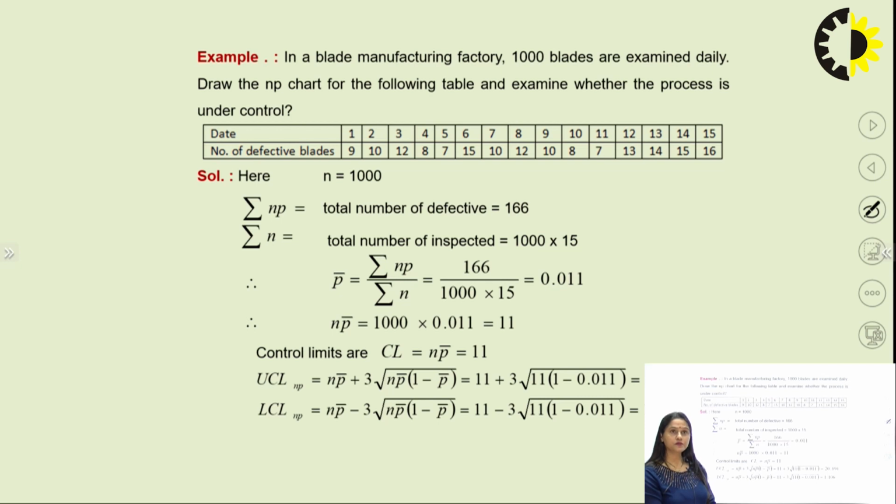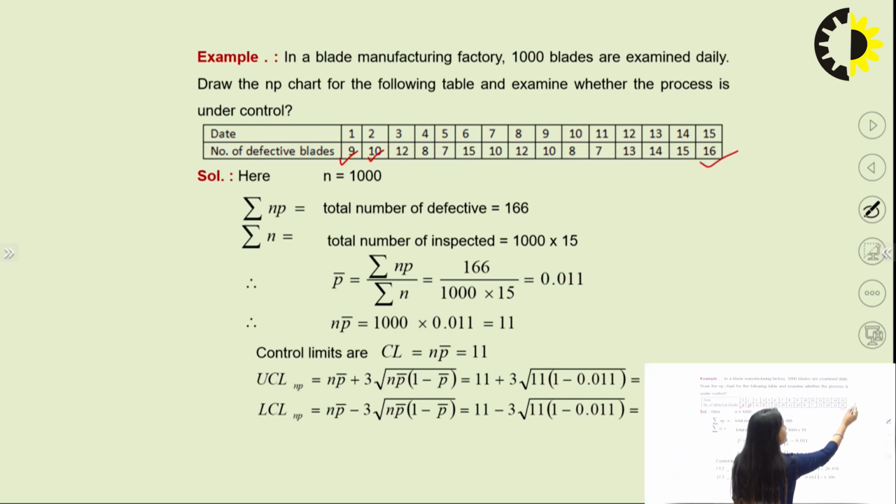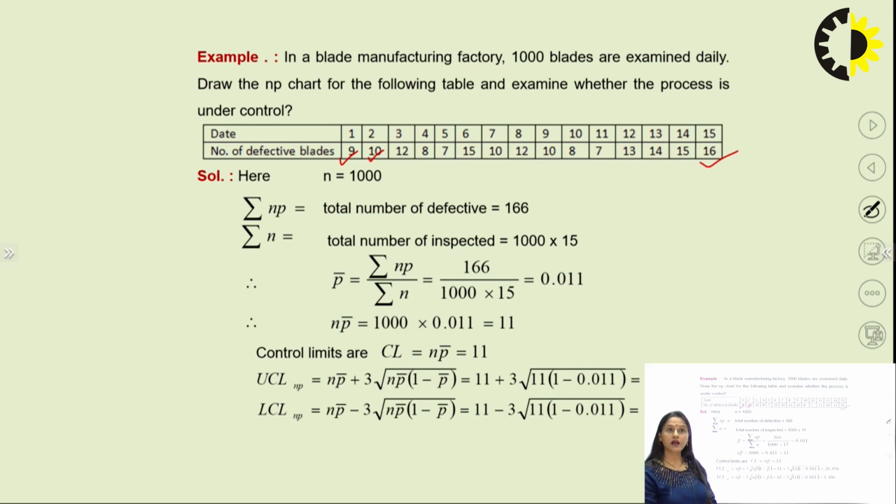Now here dates are given, from date 1 to date 15. 1000 blades are examined on a daily basis, and out of 1000, 9 blades are defective. On the second day, out of 1000, 10 blades are defective, and so on. On the 15th date, out of 1000, 16 blades are defective. So here N is 1000, and total number of defectives are